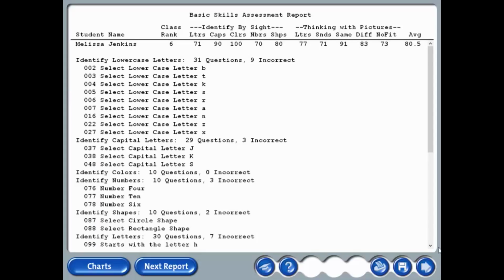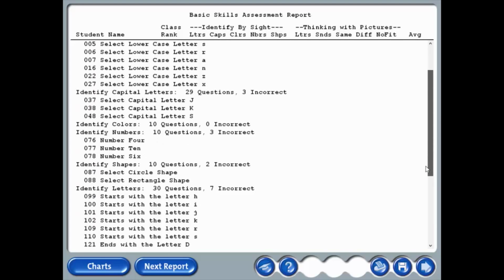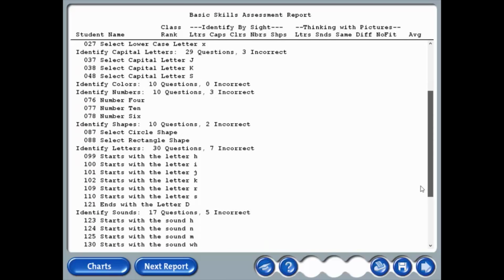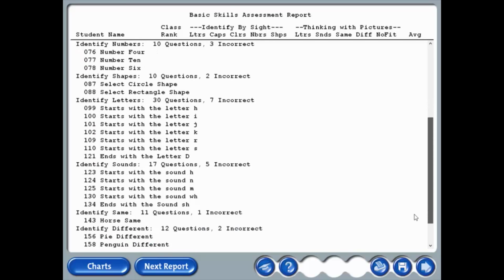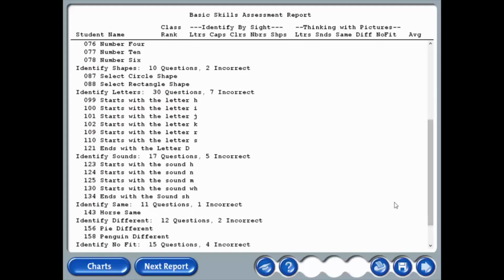First, letter recognition, lowercase and uppercase letter recognition, recognition of 10 basic color words, the 10 number words. We're asking them to identify shape words, starts with a letter, ends with a letter, starts with a sound, ends with a sound, and same and different. This assessment